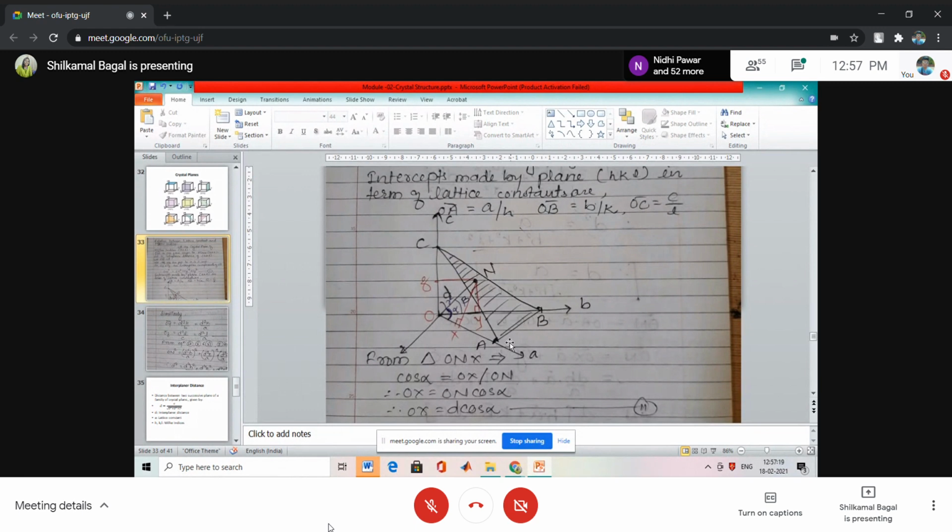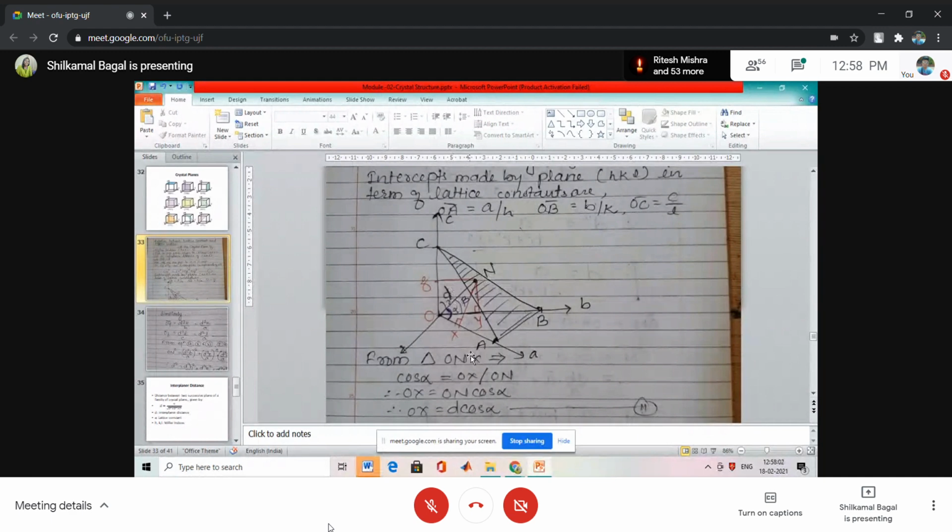hkl. See what our assumption is. We have considered a crystal with lattice constants a, b, c. So A, B, C are the crystallographic axes along X, Y and Z respectively. Plane ABC has Miller indices hkl, with intercepts OA, OB and OC on the three crystallographic axes. Now, ON is the perpendicular distance between two successive planes of this family of planes hkl. We have denoted this by d. So d is the interplanar distance or interplanar spacing.